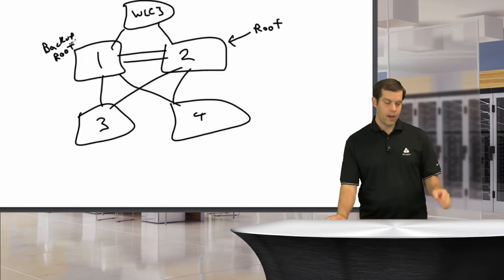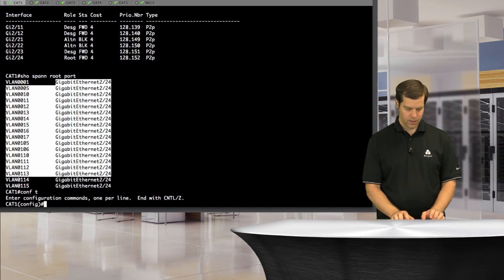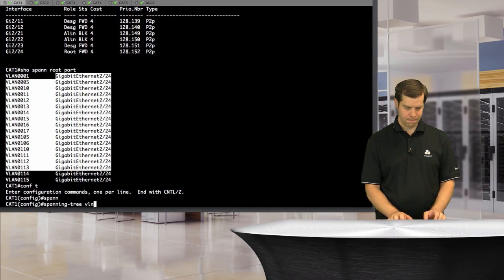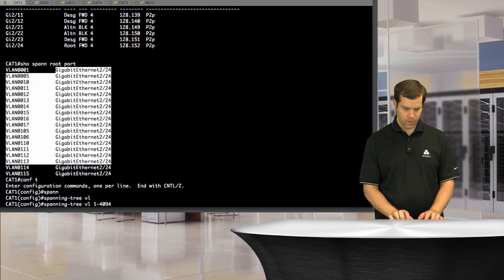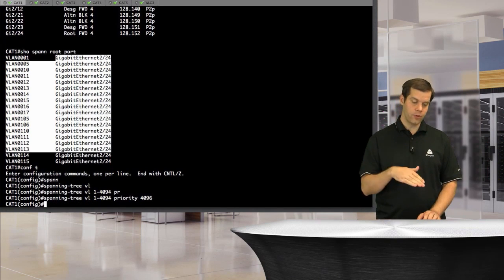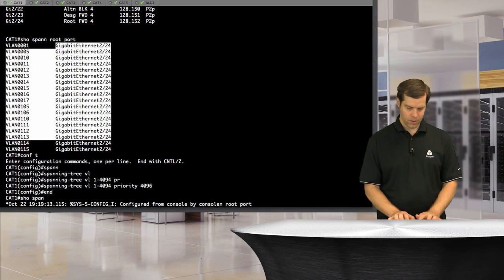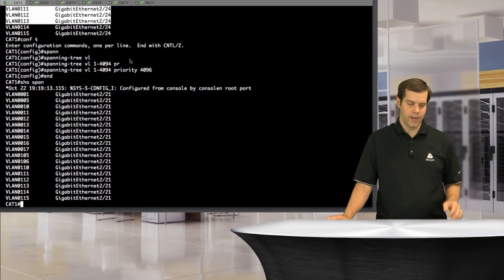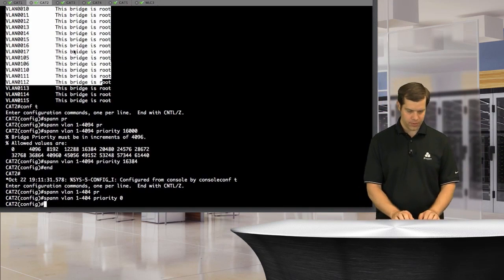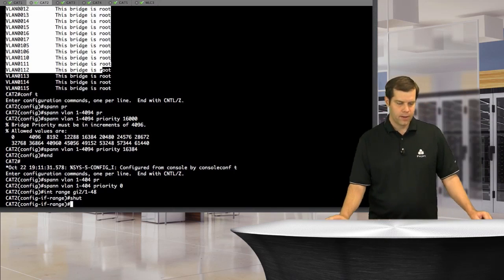So if they want you to configure a backup root, pretty simple. Go to Cat1, spanning tree VLAN 1 through 4094, priority, and then just choose the next number up, 4096. It's higher than switch 2, but lower than everything else. Show spanning tree root port. So it's not the root right now, but if I took Cat2 out of commission, in range gig 2/1 through 48, just shut down every port, take 2 out of commission,